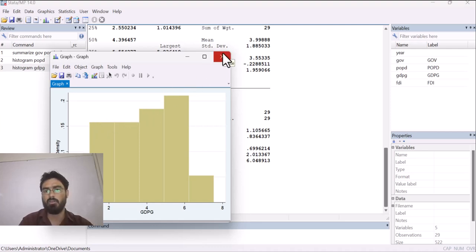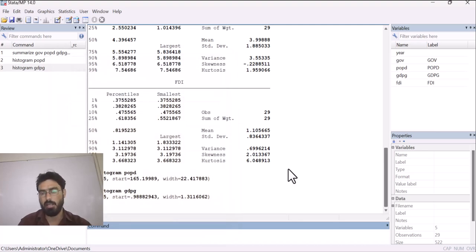This is how you can draw and interpret a histogram for seeing the actual result of skewness or kurtosis in graphical form. I hope you have understood this lecture. If you have any question regarding this lecture, you can ask me freely.